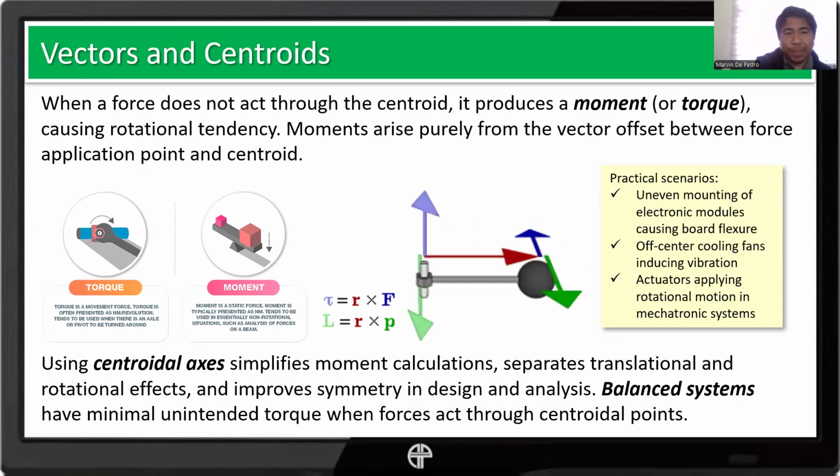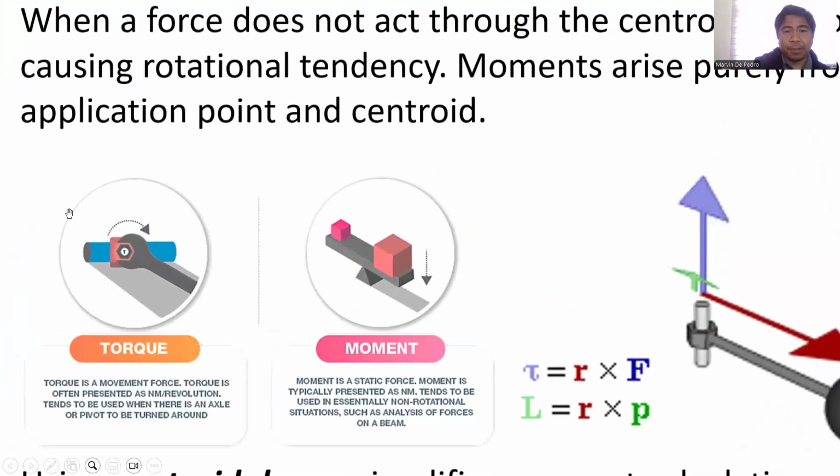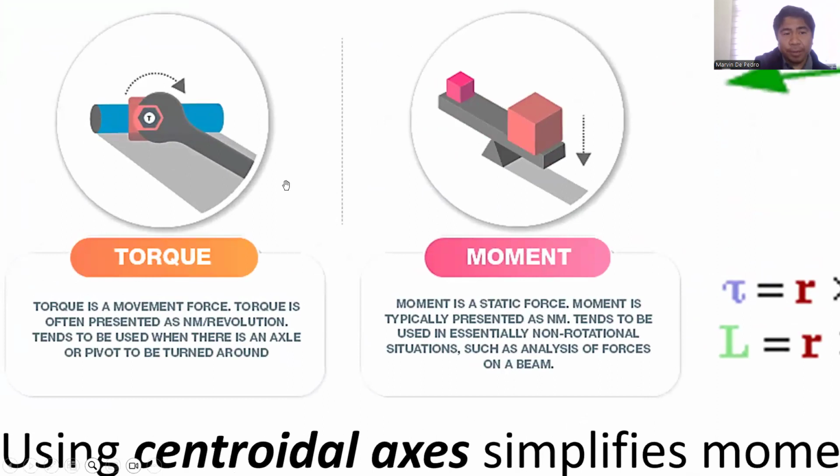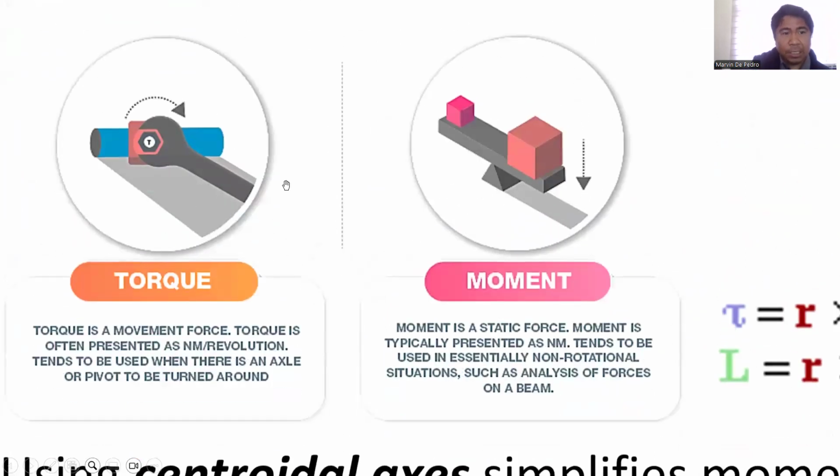Moments arise purely from the vector offset between force application and the centroid. So we have the formal definition of torque and moment right away. By the way, let's read this. Torque is a moving force and it is often presented as Newton meter per revolution, Newton times meter divided by the revolution. And torque tends to be used when there is an axle or pivot to be turned around, like what we have with our